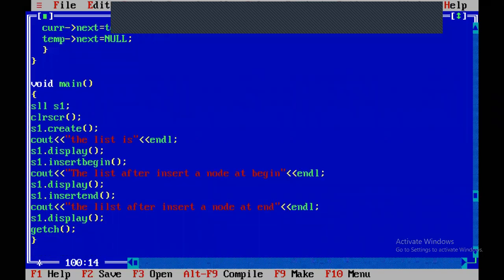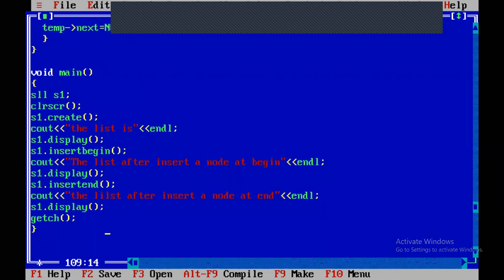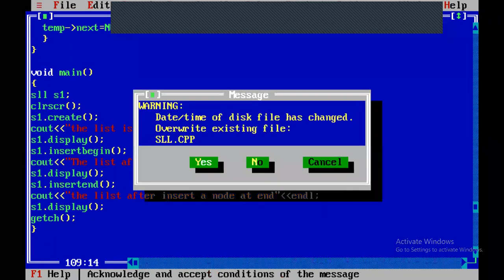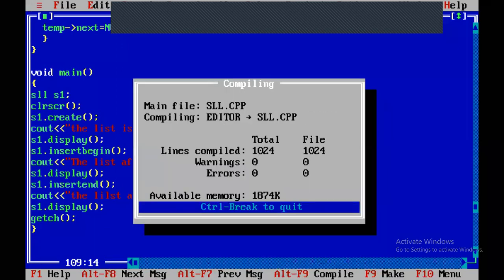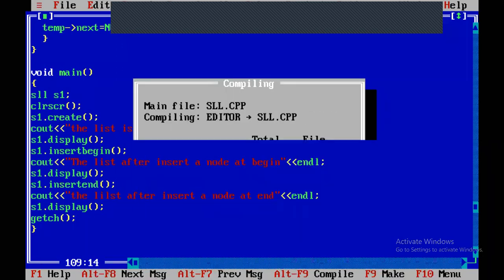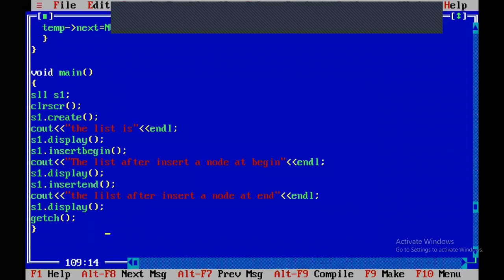So this is the first node already created. Then insert begin, display, insert begin, then insert the end. This is the way to implement. Then we have to compile the program. No errors, I think. Then run the program.